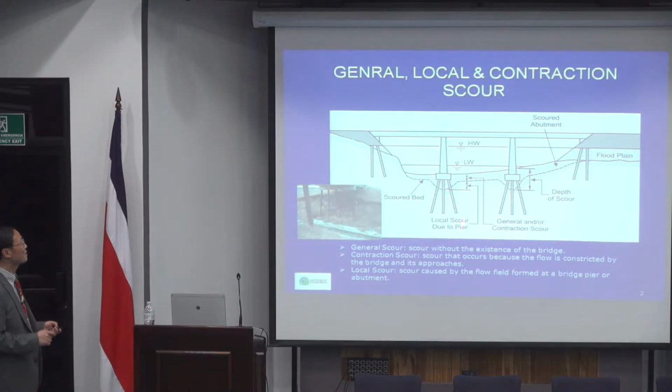These local scours typically will wash out a lot of soil under the footing. So you have to consider all these three to be able to determine how much scour protection will be